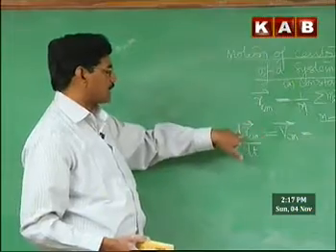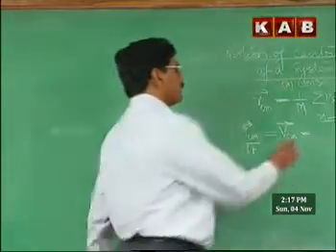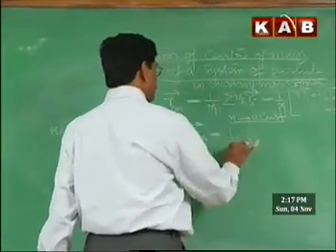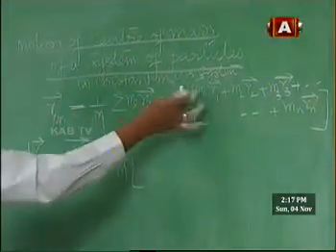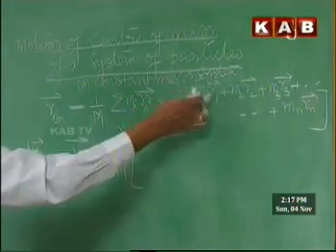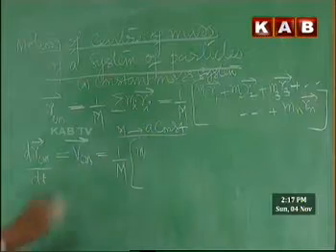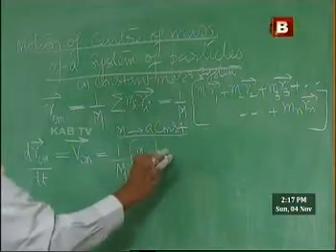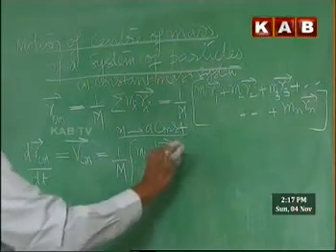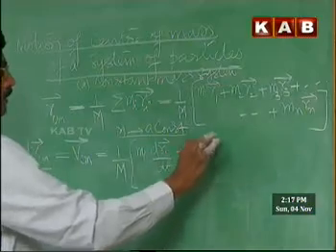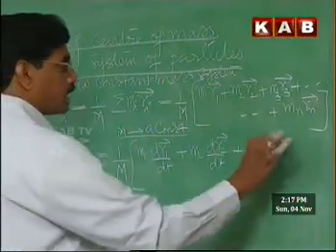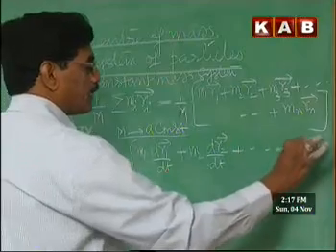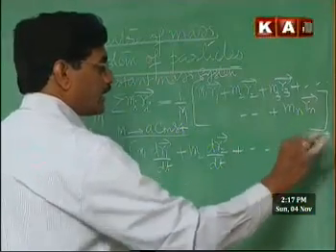Now we are considering only constant mass system, for which the rate of change of center of mass position vector is called velocity of center of mass, and m anyhow is constant. We write 1 by m. Then mass of the particles will not be changing. Mass of the system may be changing, but mass of the particles is not changing individually. So m1 into dr1 by dt plus m2 into dr2 by dt and so on, mn into drn by dt.